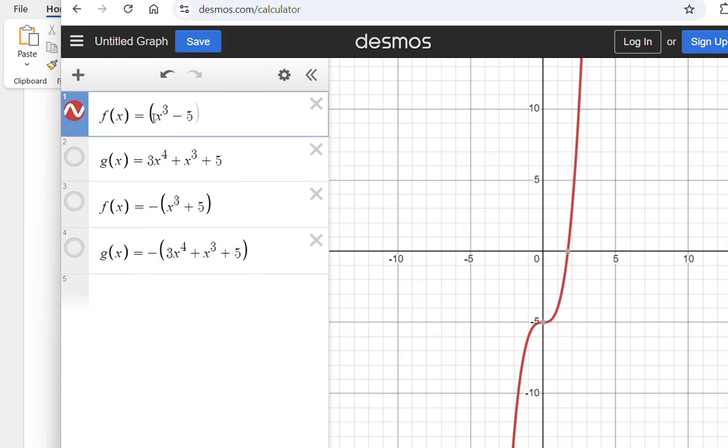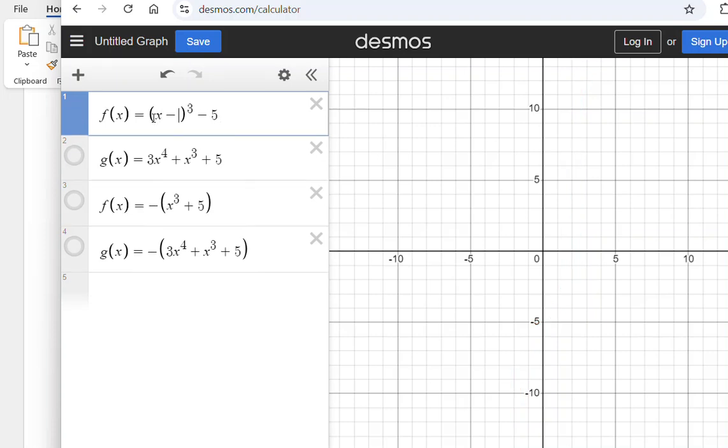So I can do that like this, by adding or subtracting a number to the x, but I'm moving, again, that middle point from side to side, but I am not changing the directions of the two arms. So the end behavior does not change. I still have increasing on the right side and decreasing on the left side. Same thing for the second graph. I can change the number here